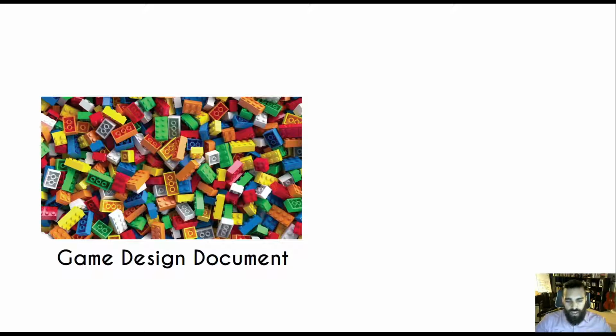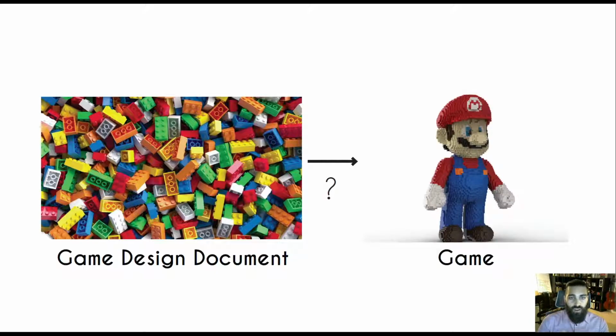And the game design document takes the game and breaks it down into its very nuanced, specific layers and components, and does a really good job at explaining each one separately in isolation, how it's going to be built, its purposes, and all that. But there isn't really a tool within the design document or out of it that really shows us how all these very specific parts come together to make the game experience.